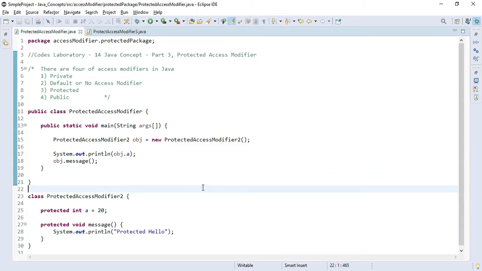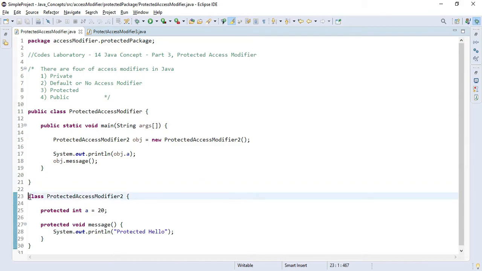Guys, I just wanted to tell you that whatever we could do with the default access modifier can be done with the protected access modifier. We can simply create a default class, but you cannot create a protected class in Java like this.